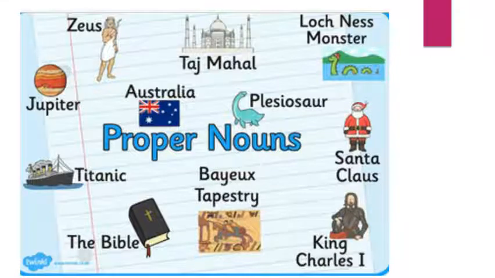Let us see the examples. Here you can see some of the examples of proper nouns, and it is very clear all these are names, whether it is country, whether it is monument, whether it is person, whether it is king, or whether it is any of the holy book, Bible.